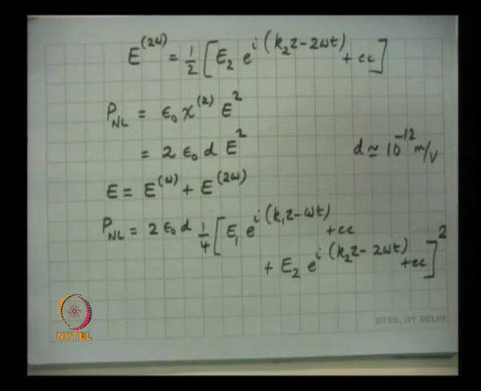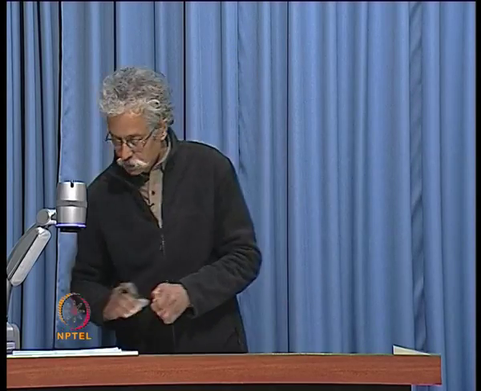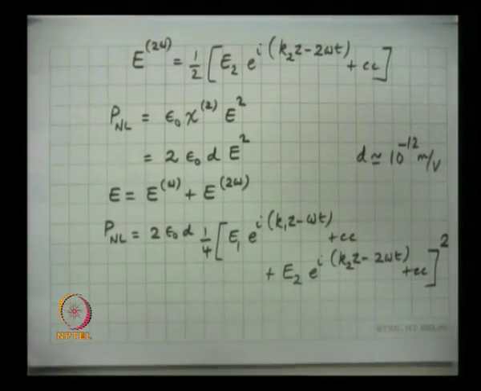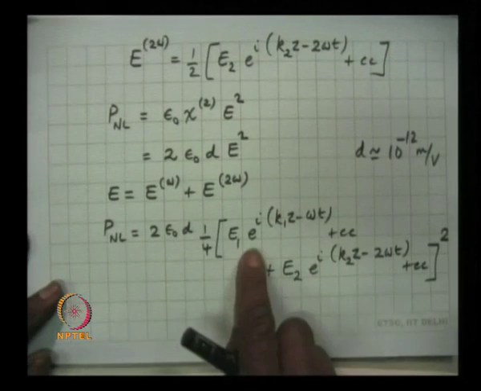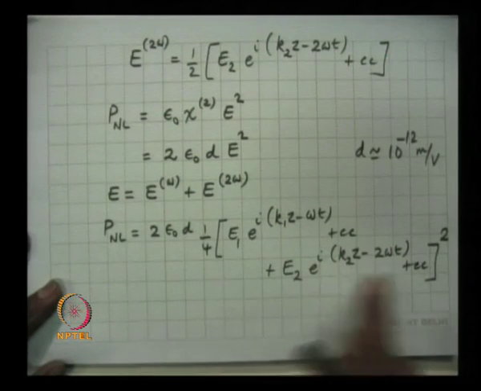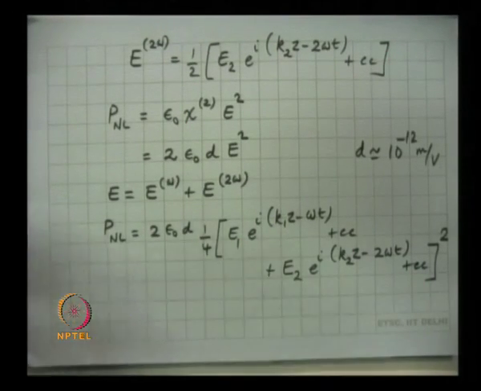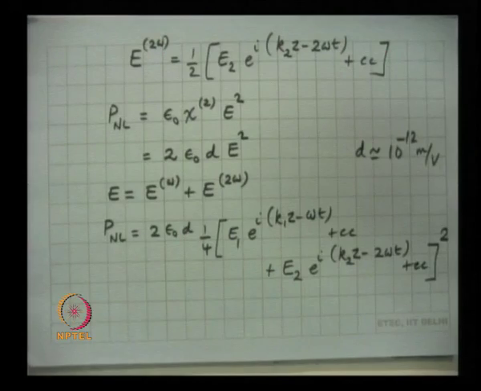So, from here let me pick up the nonlinear polarization terms at frequency omega and 2 omega. First let me pull out the term with nonlinear polarization at frequency 2 omega, P nonlinear at 2 omega. Can you tell me what I will get from here? When I take the square, I will have square of this, square of this, square of this, square of this, 2 times this into this, 2 times this into this. So, you will have a plus b plus c plus d whole square. Can you tell me which are the terms which will have a frequency 2 omega? This square and